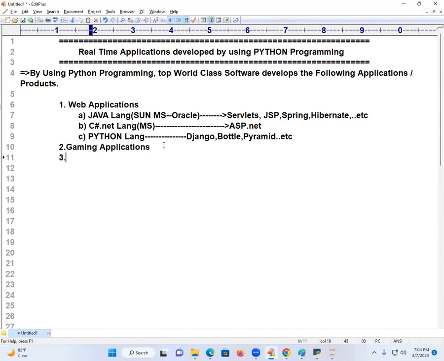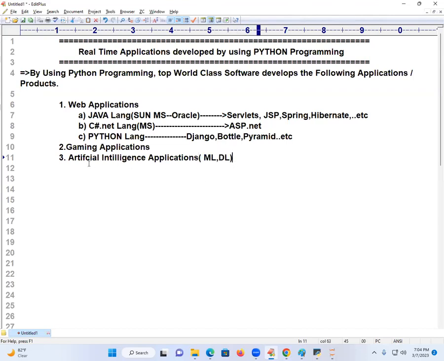Next, the third application I am writing, artificial intelligence applications. As of today, Python is becoming more famous because of this subject only. In this, you are going to get machine learning, ML. It is the highest paid job as of today. It's the next trending language, the next trending application. Deep learning, these are called what? The various ways we are using ML and DL. Artificial intelligence applications are the things inside of it.